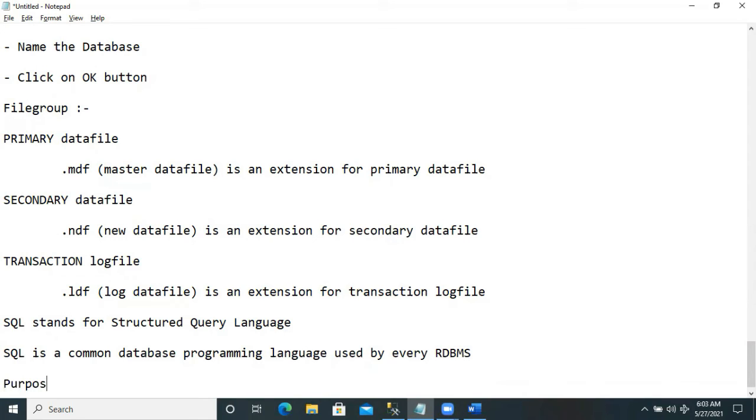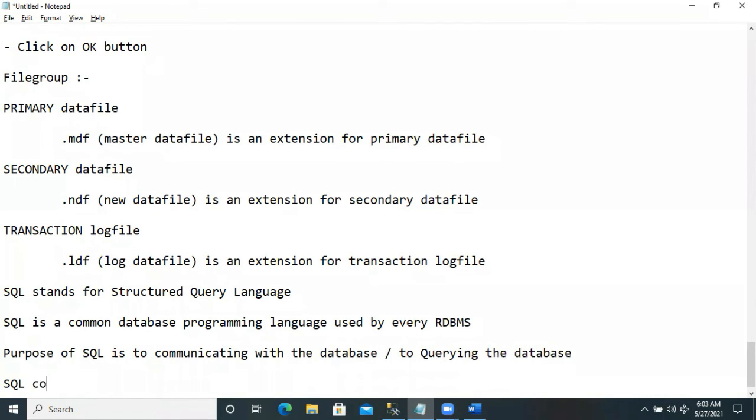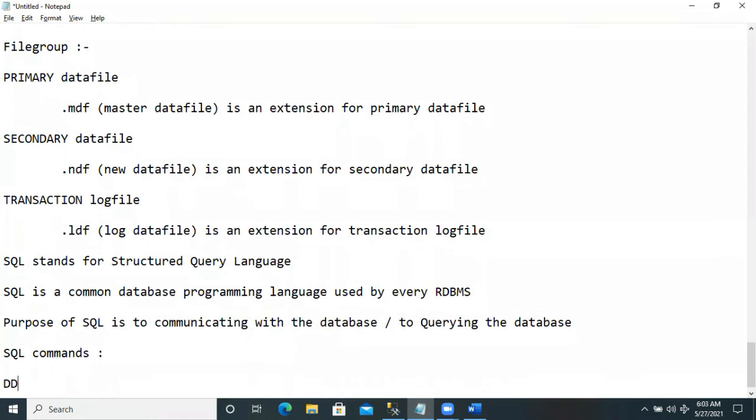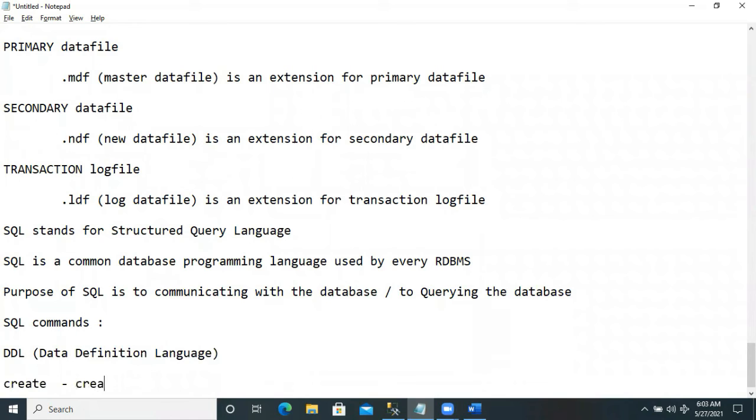The purpose of SQL is communicating with the database or querying the database. How am I querying the database using the SQL commands? All SQL commands are classified into data definition language commands like create, creating the databases and creating the database